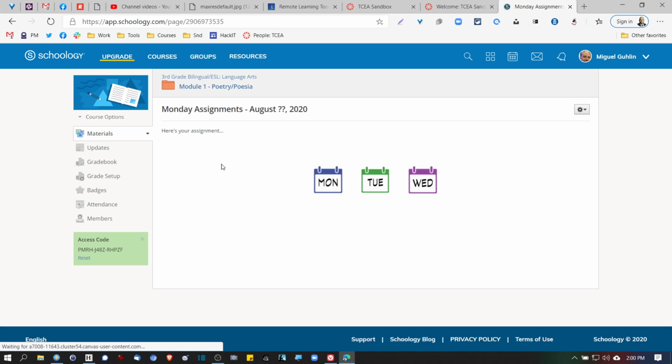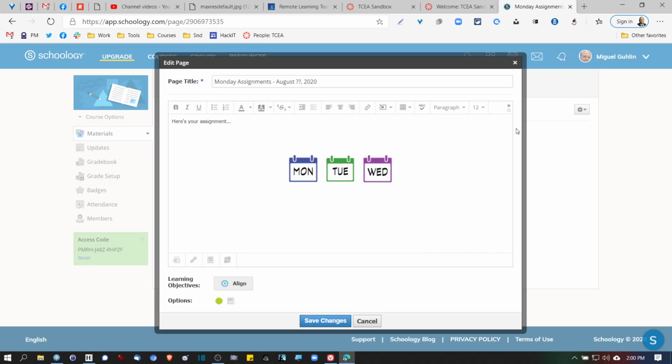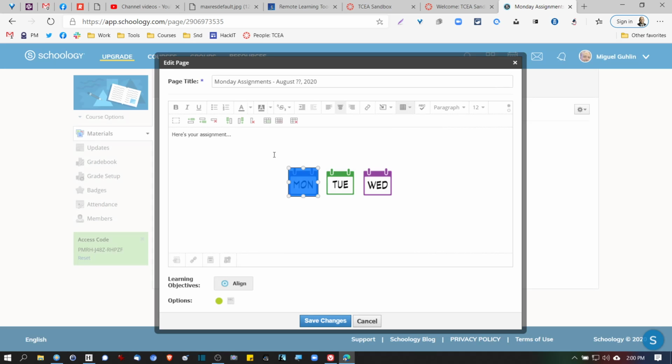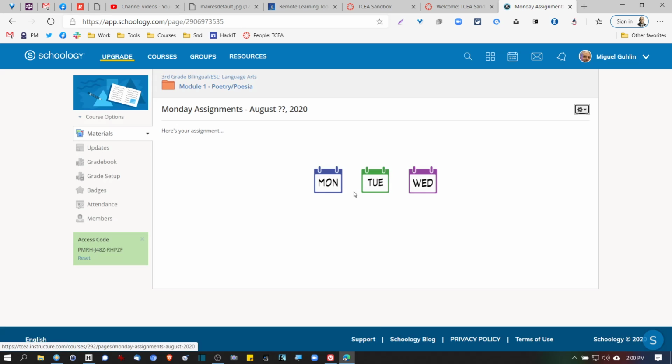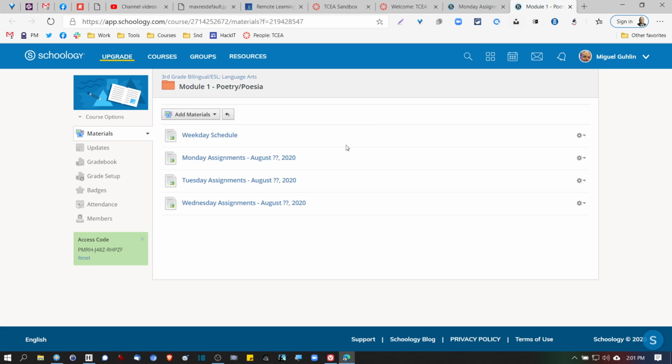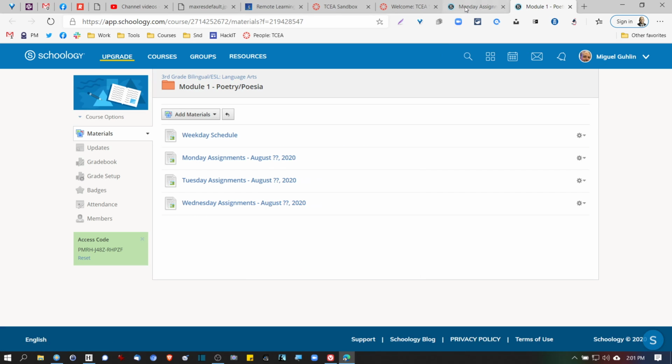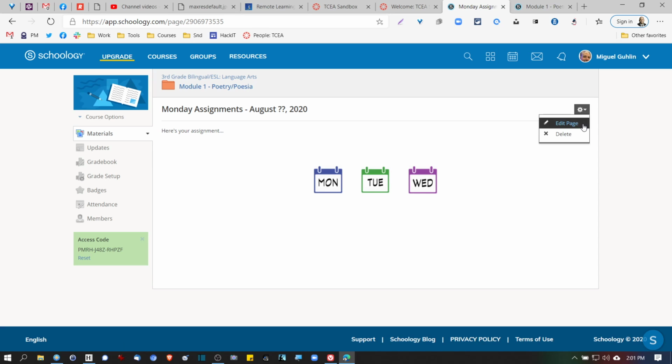So let me go in and quickly modify this. As you can see here, I just come over to my edit page, and remember we're in Schoology now, so I can make the adjustment, and notice that I'm only able to adjust certain things here. So how do I get the links that are going to work for this? To do that, I probably want to open up another tab with my page links, and I'm just going to copy the link for Monday assignments. Come back here,